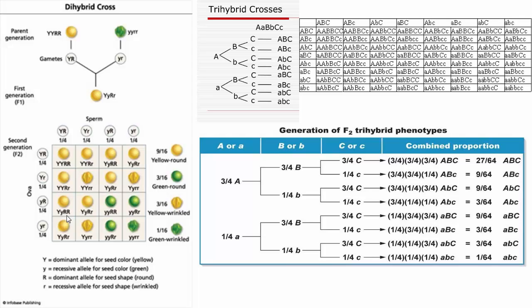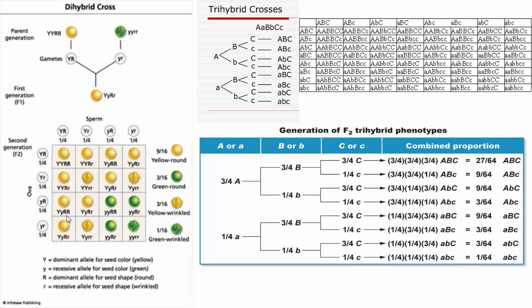So we could get big Y, big R, big Y, little r. We could get little y, big R, little y, little r. And we could get the same for the other parent as well. So there's 4 possible gametes for each parent. We complete our Punnett square in the exact same way. We get all 16 of these combinations, and we can look at how many out of the 16 have the various phenotypes, yellow round, green round, and so forth. It's basically just like the traits we did, just a little bit more complex because we have a couple more possibilities. So does anyone have questions about the dihybrid cross? It's the same procedure, just you have 16 squares there.